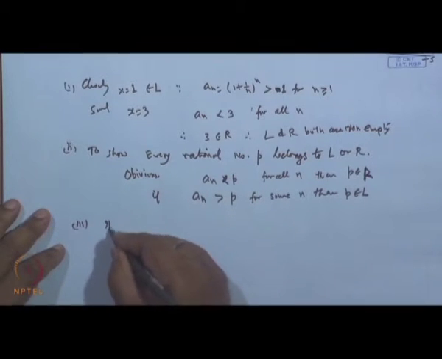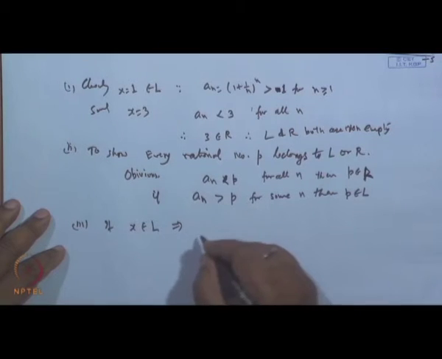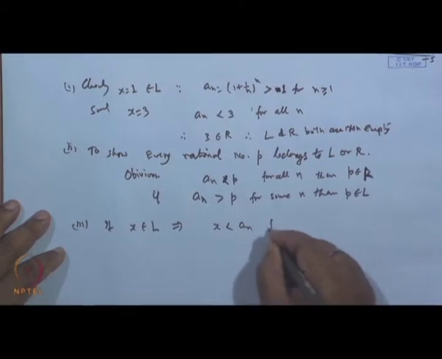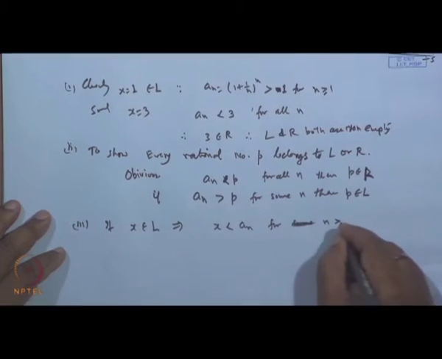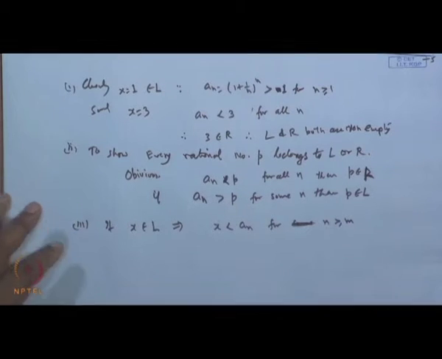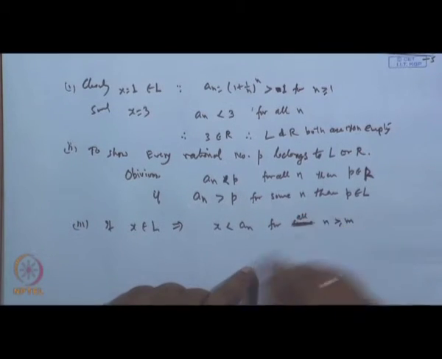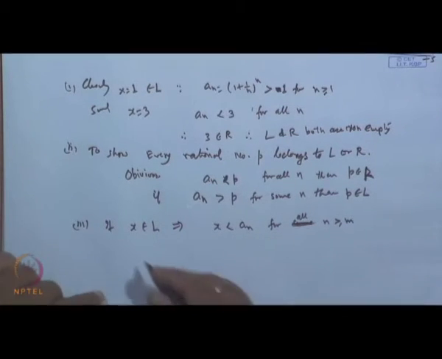So, if x belongs to the lower class, it means that x is less than a_n for some n, for n greater than or equal to, say, m onward, is it not? For all n greater than or equal to m, after a certain stage it is less than this. Okay. But